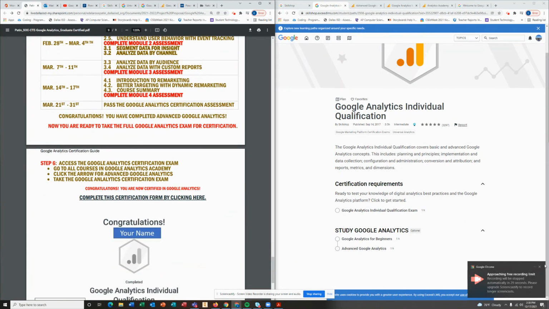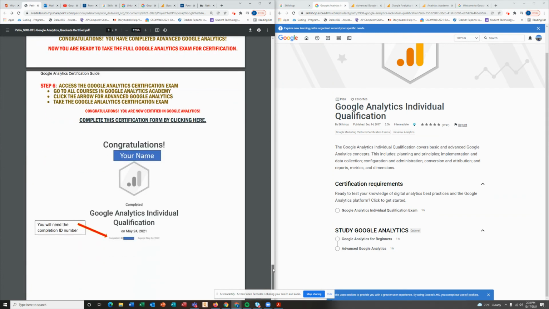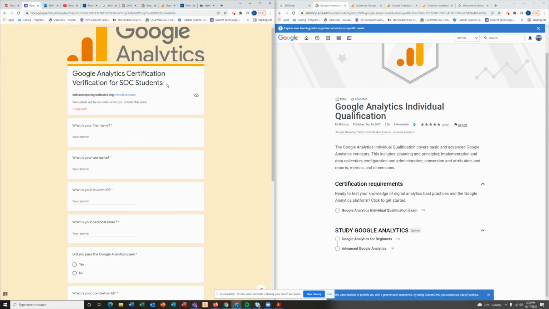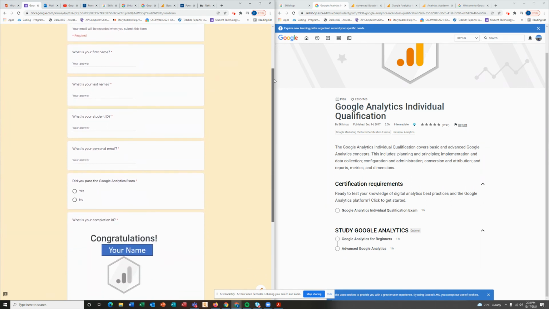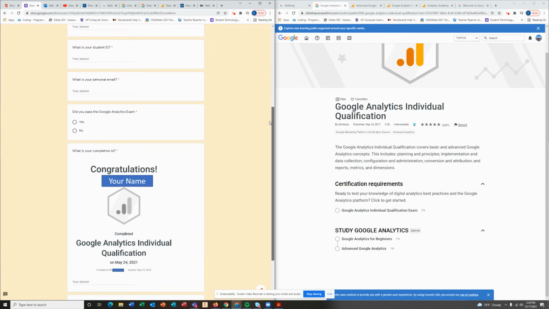Step 6 is where they will take the exam, which is here. It is about 70 questions, and once they complete the exam, they will have a certificate that has a completion ID number. And in Google, and in PowerSchool, they'll have a form here. When they click there, it takes them to this form, especially for our seniors, and it verifies that they have taken the course. It will ask them